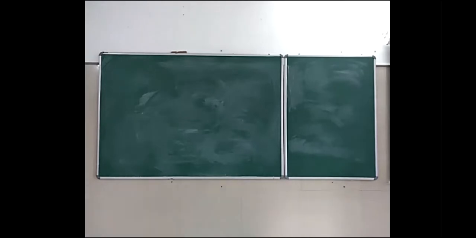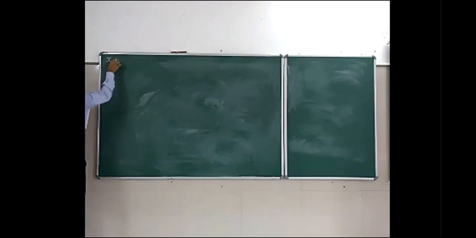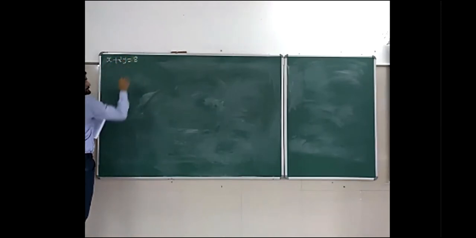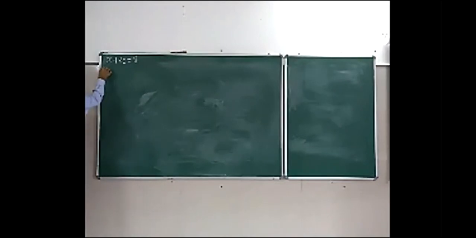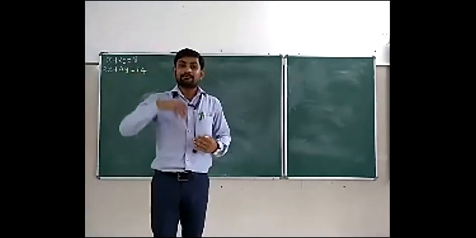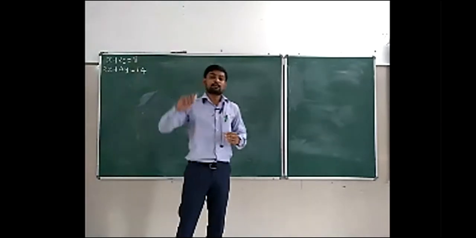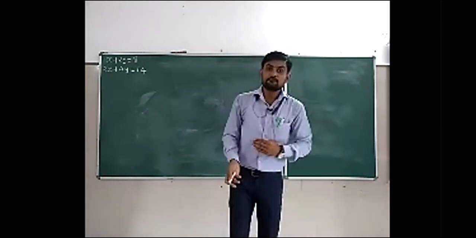So basically we are given two equations, x plus 2y equal to 8 and 2x plus 4y equal to 14. Whenever you are given equations, you have to rewrite them. How? Mind well, whenever equations are given, we have to check whether the given equations are actually in the proper form or not. How can we check that?